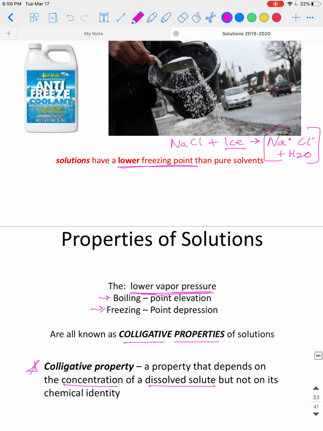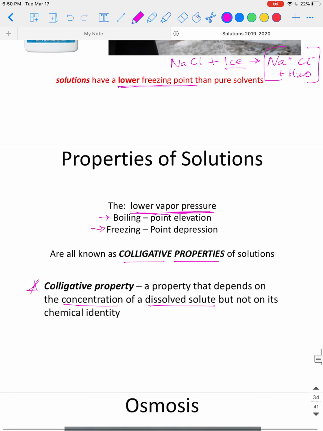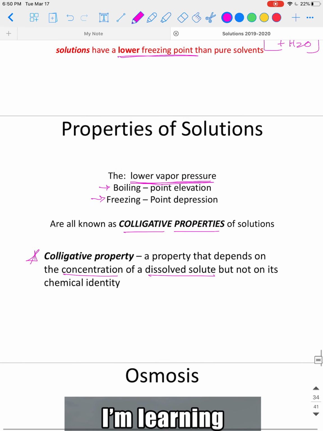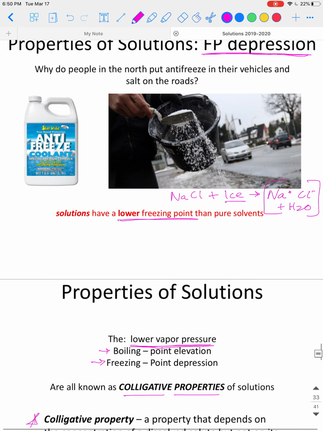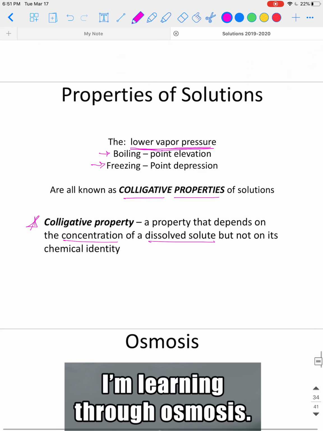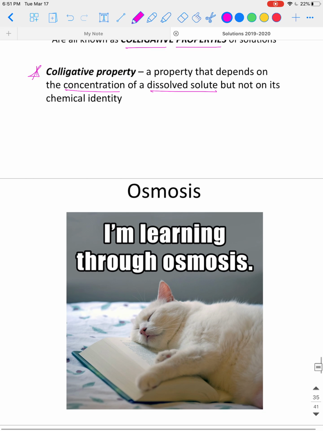We don't necessarily care that we're adding salt to roads. It's just that salt is usually cheap, inexpensive to add, but it's just that we're turning that pure ice or water into a solution, and it's going to cause it to freeze at a colder temperature, so maybe the ice will become water and make roads more drivable. Again, this stuff is not the major things in chapter 9. I did want you to see it, but I'm going to move on to the last major topic,